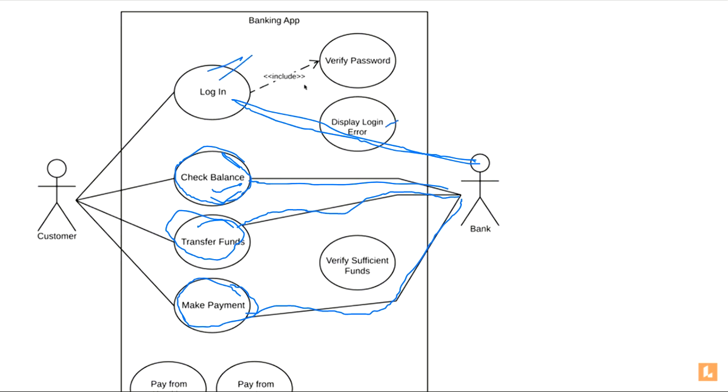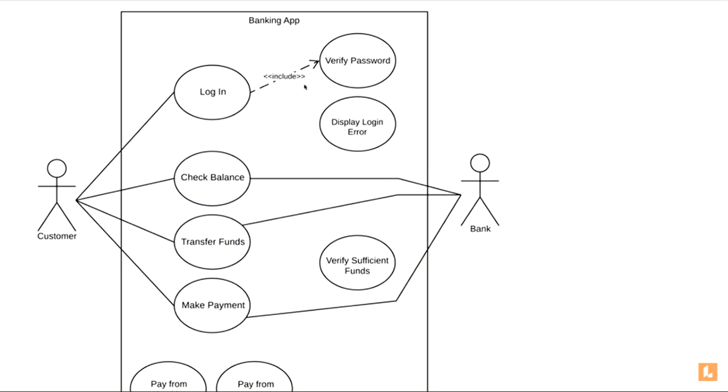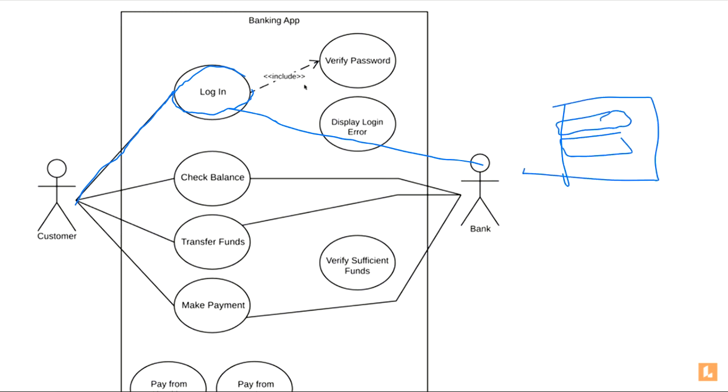Okay, these things are fine, they will be there, but explicitly the login use case will not be accessed by the bank. This is what this diagram is representing: a user will log in, a bank will not log in, because this login use case is only for the login purpose. It is not checking whether the login is correct or not. It is just here to give you the login page, where you enter your user ID and your password. So the user will log in, the bank will not log in. That is why the bank is not associated with this login use case.